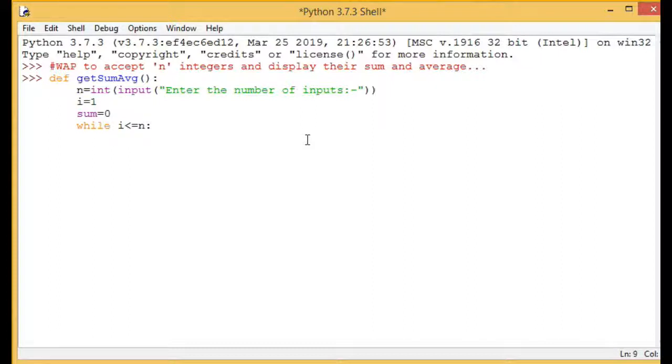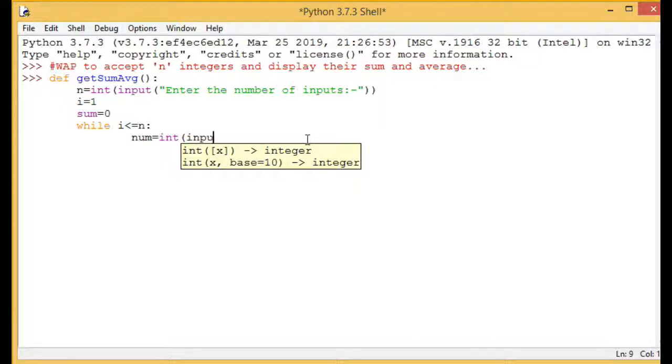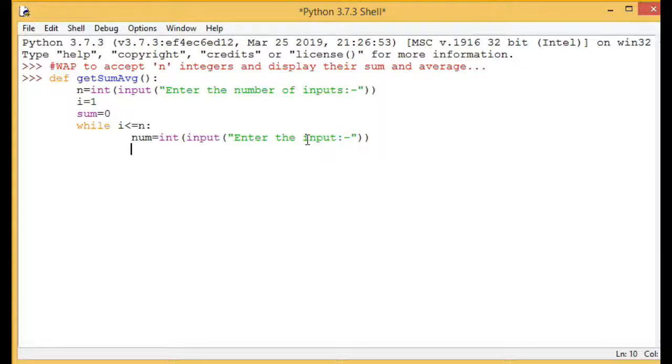I'm writing it, then I'll explain. Now that's it, and here what I'll do is I'll write